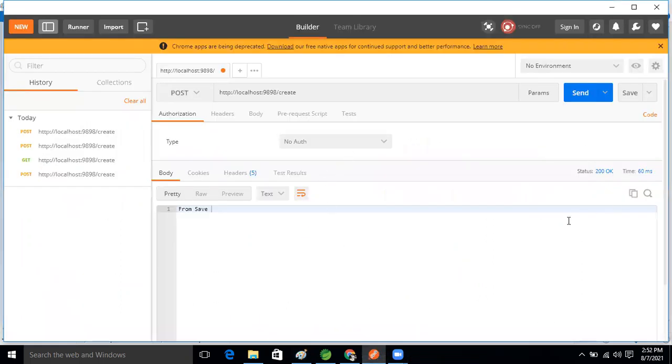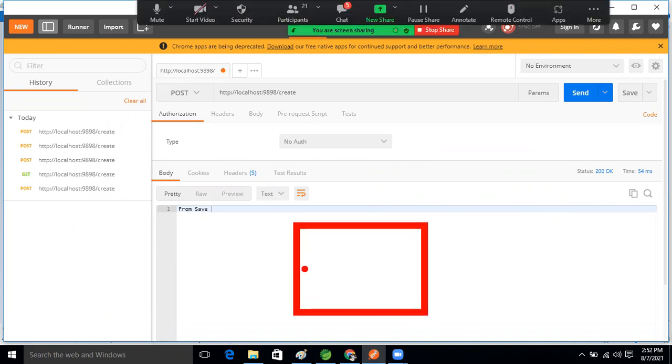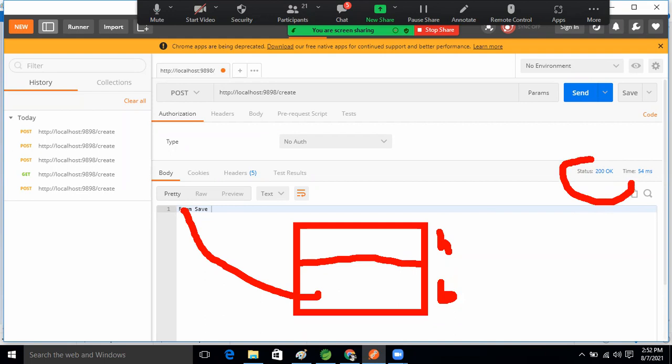So now come to our browser, guys. I said that whenever we make the request and click the send button, this HTTP response has how many parts? Two parts: head section and body section. In the body section, this data is coming. And this is the status code, 200. Is this status code coming from the header section?